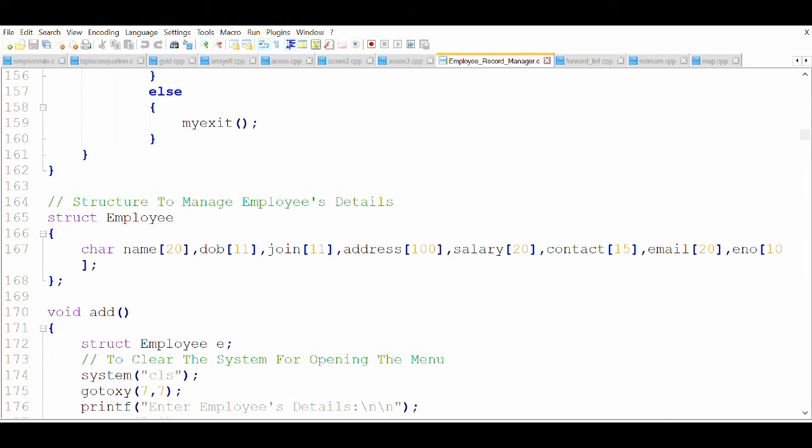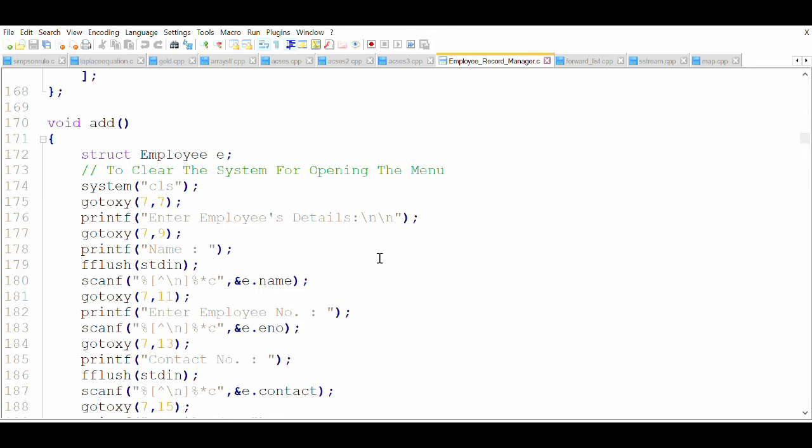But what I think is, sometimes people enter the contact number as +91, or some weird stuff happens. So instead of making it a long int, I have made it a string, which makes it more reliable. And the salary, again, sometimes people enter 32,000 instead of 32000. So for that I have made it a string, because in a string you can store floats as well, and you can even enter characters if you want.